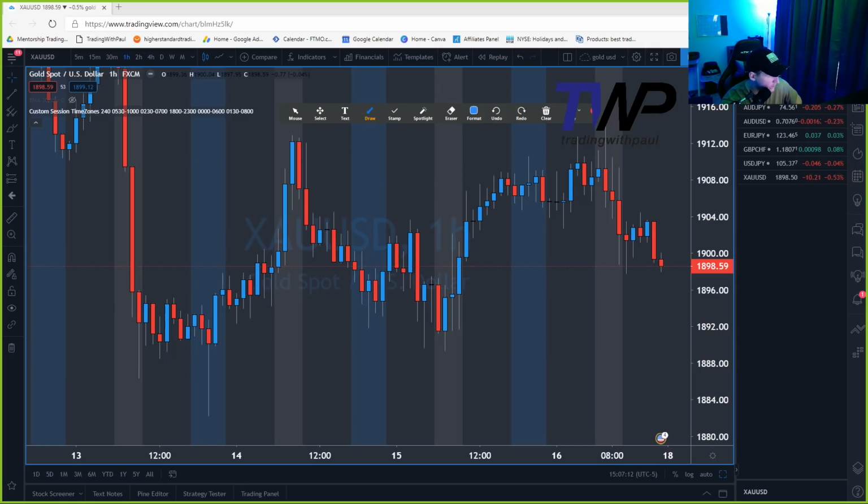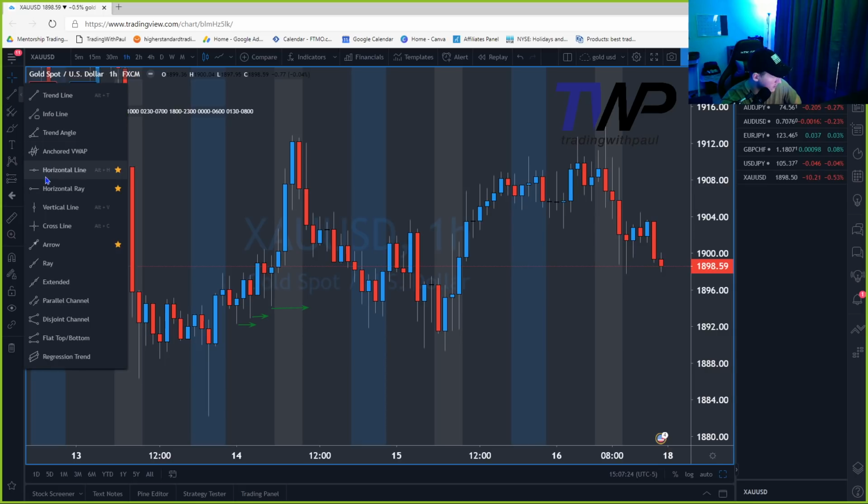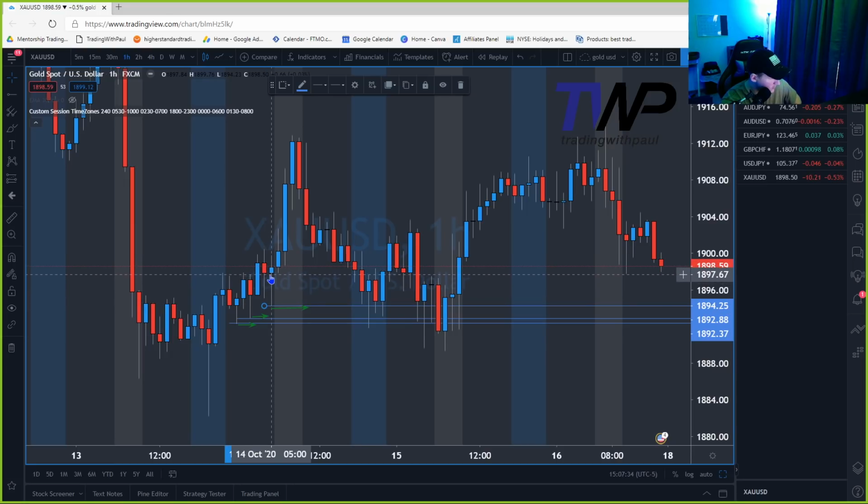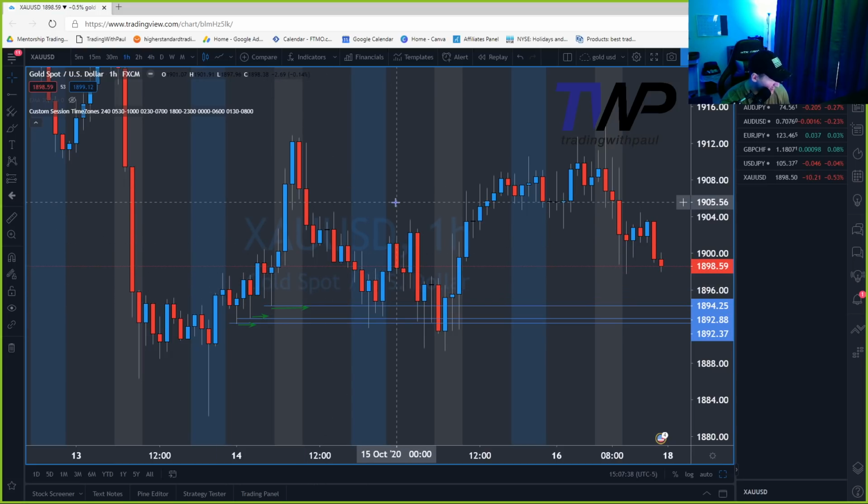Is that what this is here, or is that what I was doing before? That's what I was doing before. That's okay though. So you had these three opportunities here at different levels. And if you want, Paul, if you can just draw lines on those, maybe. So you had opportunities at 1892, but the candle didn't close till where? That candle didn't close till 1894. So there's your entry at 1894. And then the next one doesn't close until 1896. But you had multiple opportunities that went to 1912.